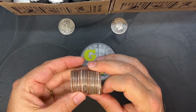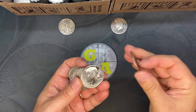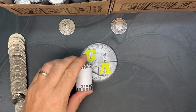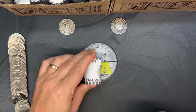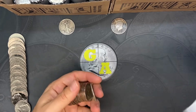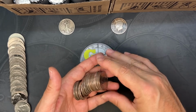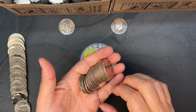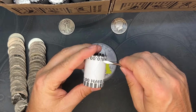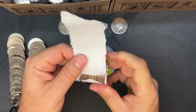It has been a good long while since I've seen one of those in circulation. We got a 21 there and a 21 there. So nothing special. So we might be filming opening a lot of these rolls. If they are not fruitful, we will of course just skip right past them, or I will fast forward through the video. So there's a 2023 and there's a 2023. So you guys can see we can still find the old stuff mixed in with the new,